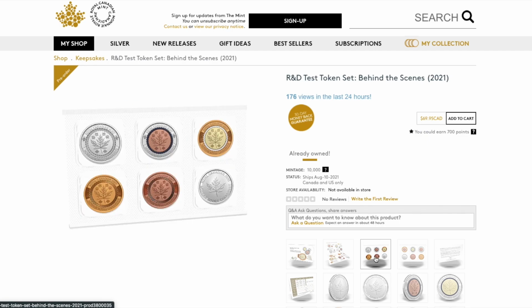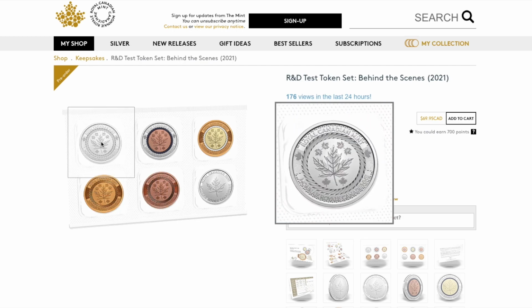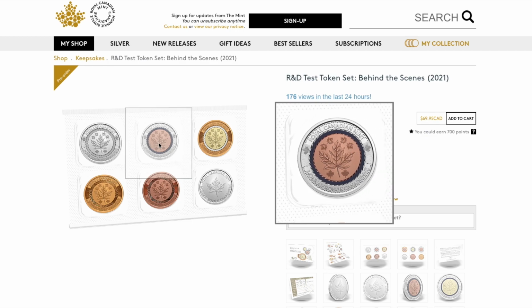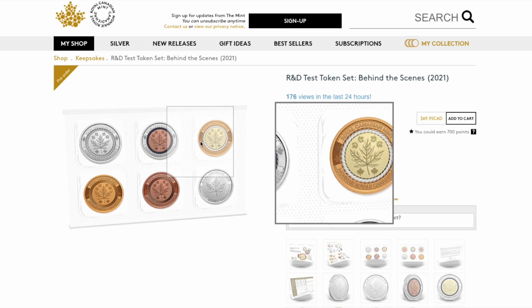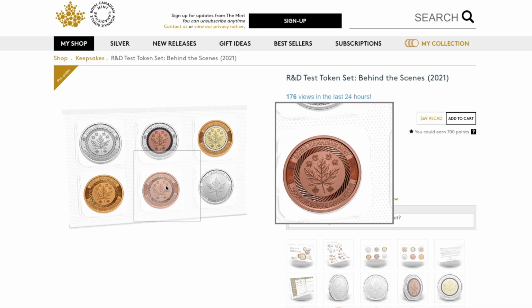There are about 6 coins. Actually, we shouldn't be calling them coins because there are no denominations. So these are actually just tokens, 6 of them. As you can see, I'm just going to slowly scroll through them for you to see. Some of these have very interesting designs,